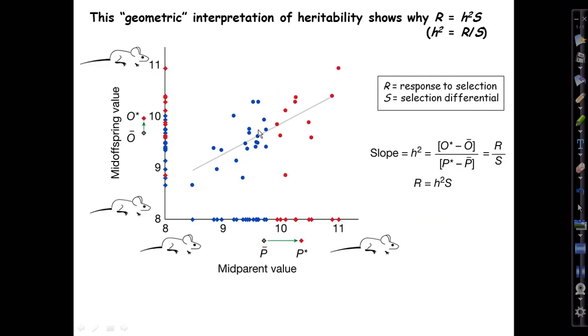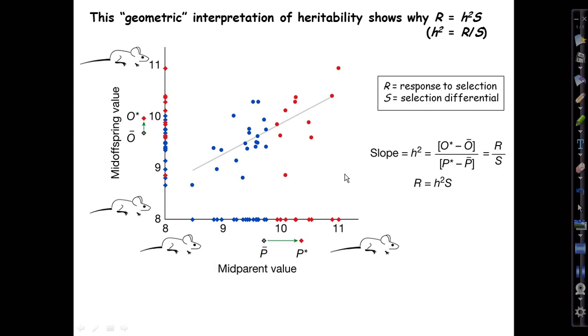All right, now here we have our scatter plot again, from which we originally estimated heritability as the slope of the relationship between the average tail length, say, of the parents and the tail lengths of the offspring. This figure incorrectly labels this mid-offspring value. It's not. It's the individual offspring values. And here's the regression through the parent-offspring resemblances, and the slope of that, remember, is little h